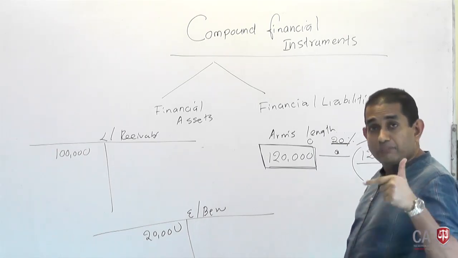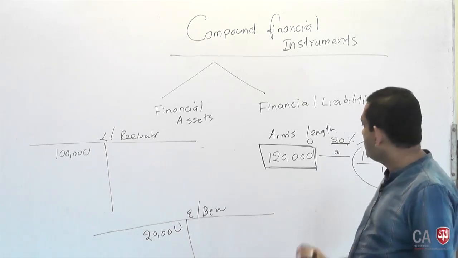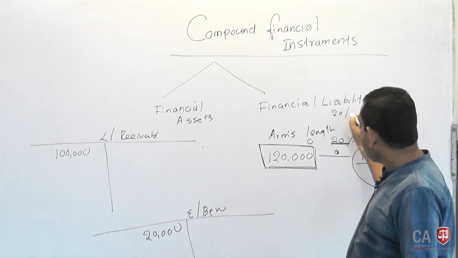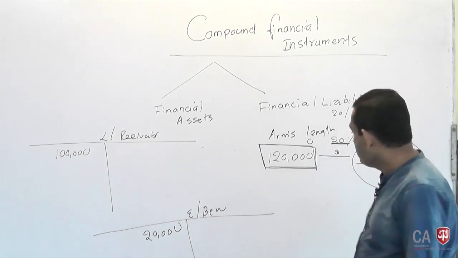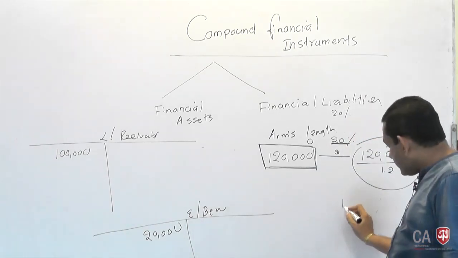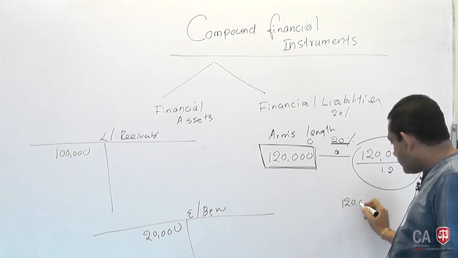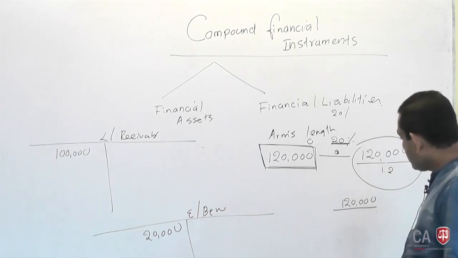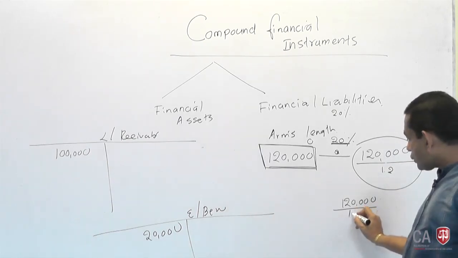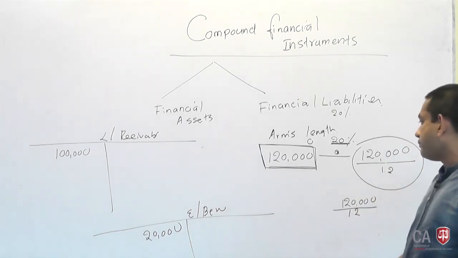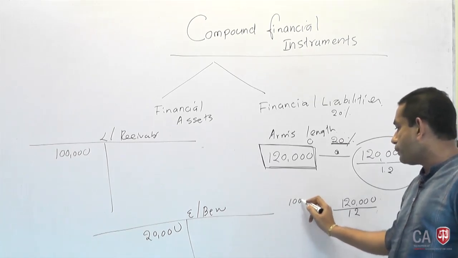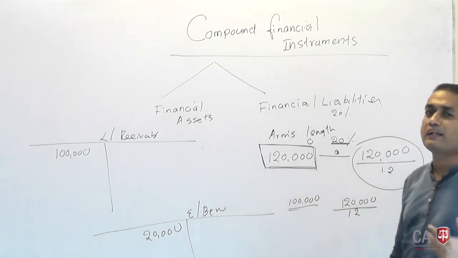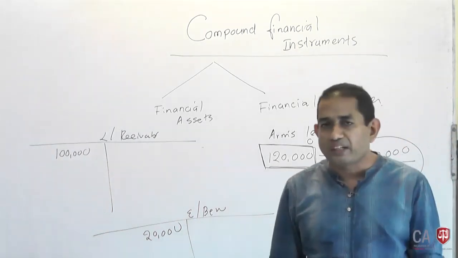SLFRS 13 has given you a lot of inputs. 20% is an input under the level 2 category. Then for you to calculate the fair value of the loan granted, you can discount future cash flows by the market interest rate, and then you get 100,000 rupees, that is considered to be the fair value of the loan granted. That is the technical explanation. So that is what is included in the standard.